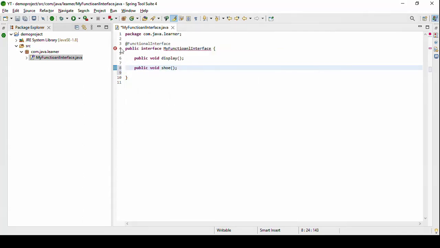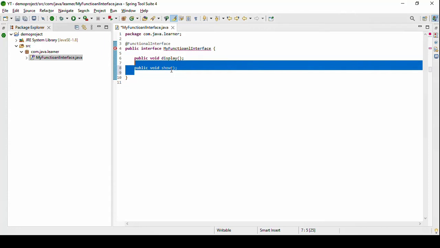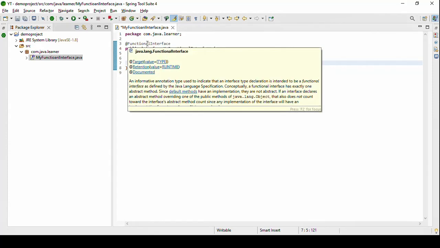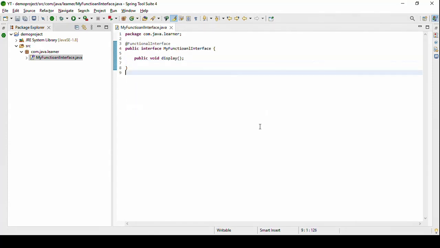So now we are getting the compile time error: invalid functional interface annotation. We cannot have more than one abstract method in a functional interface. So if we want to force an interface to be a functional interface, we can use the @FunctionalInterface annotation. This is how we declare a functional interface, and let's move forward to how we can instantiate it or